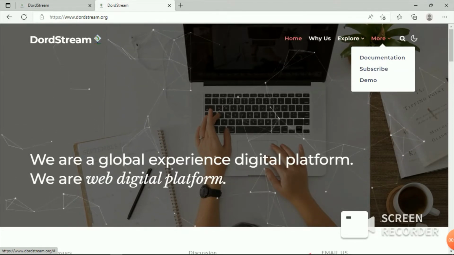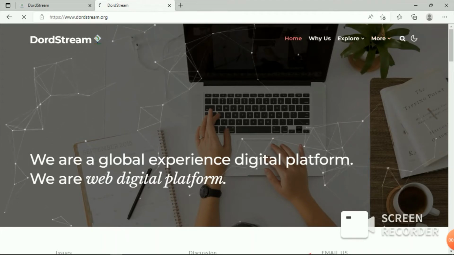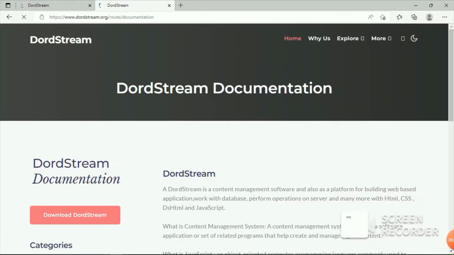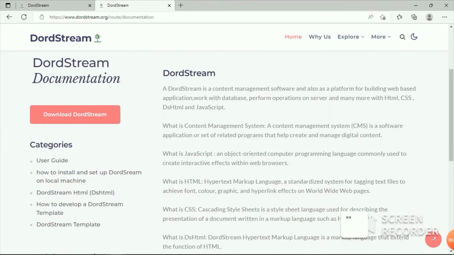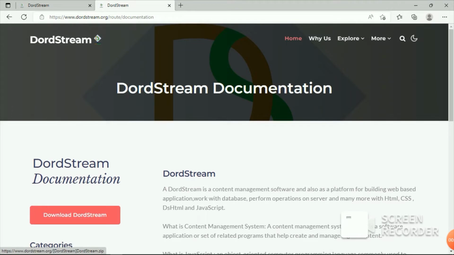So now to download the CMS software, come to documentation. So this is the documentation, the document about the software, and this is where we'll download the software. Once we click on download, then we'll download the